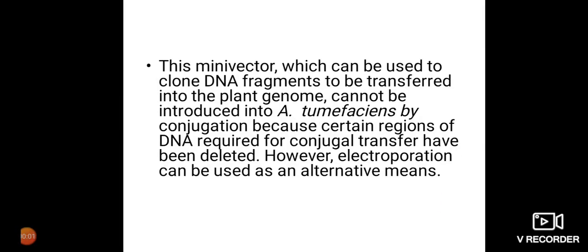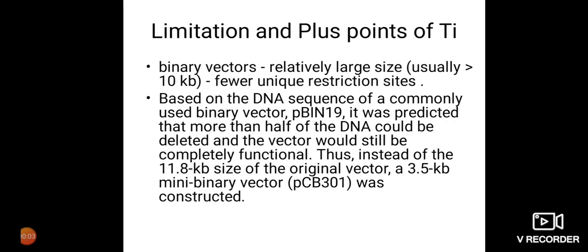Okay, so in continuation with what I was discussing about the vectors, these Ti plasmid vectors have some limitations and also plus points. There are vectors derived from the Ti plasmids. The binary vectors derived from the Ti plasmids are relatively large in size, and very few restriction sites were available with this type of plasmid, which reduced the capacity of the vector system